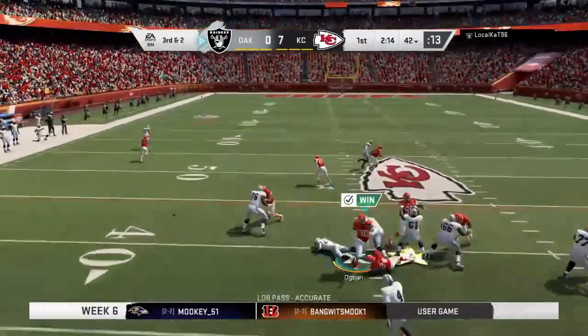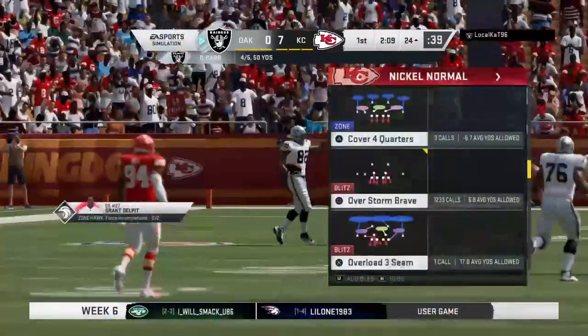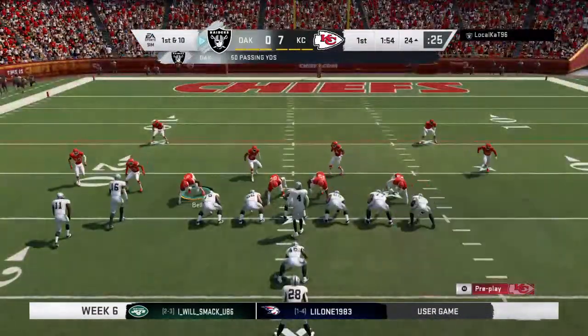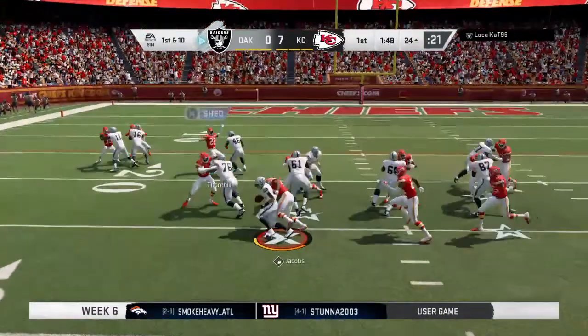Working from the gun, it's Carr. Got a man, it's Ross, complete. And he goes down, but not before getting this inside the 25. Well, they only needed a small gain on third down. They end up getting over 30 yards. So the big play gets them all the way down to the outskirts of the red zone here for 1st